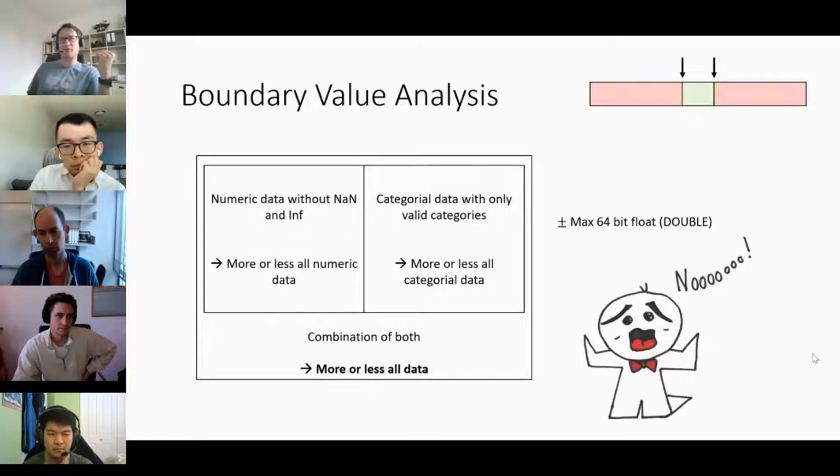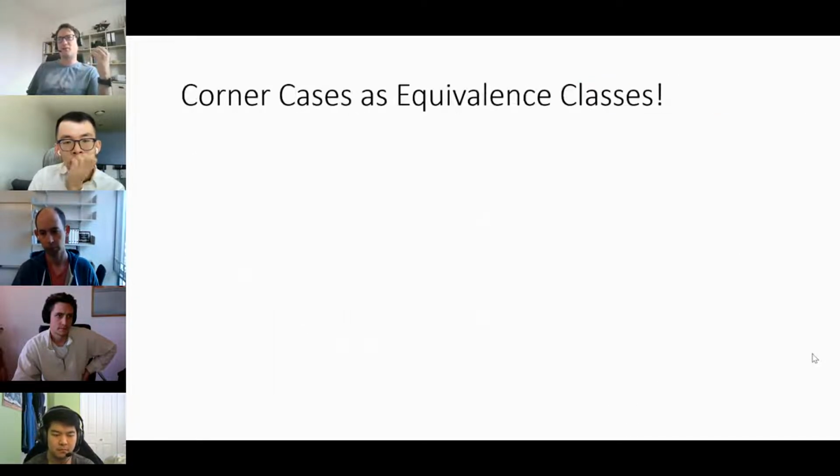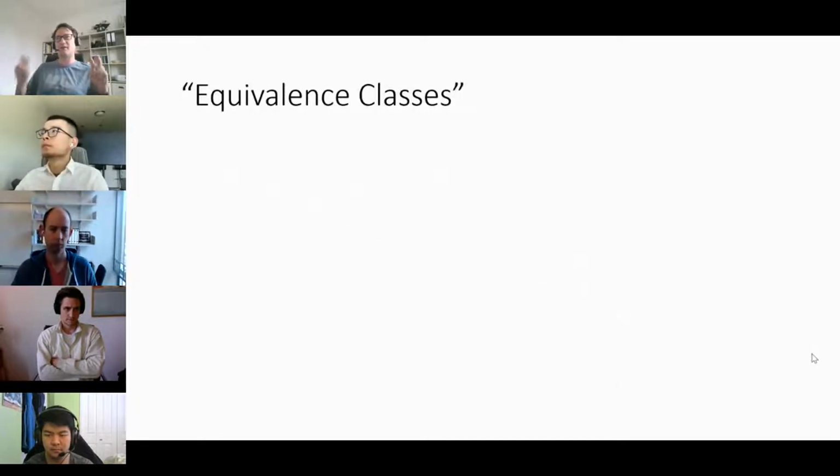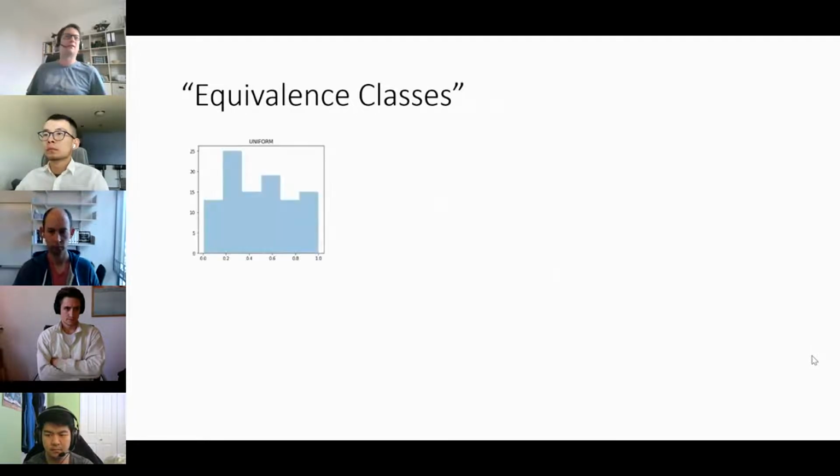So we went back to the drawing board and considered what's problematic for machine learning. And there are many corner cases, and these corner cases are basically based on the probability distributions as input. So often you hear something about normality assumptions or well-behaved data, skewed data, and so on. And we thought, well, maybe algorithms actually have problems with that. So we thought about these equivalence classes. And the simplest one is you just take uniform data in the interval 0, 1. That's the most well-behaved data you can more or less have, and it's working.